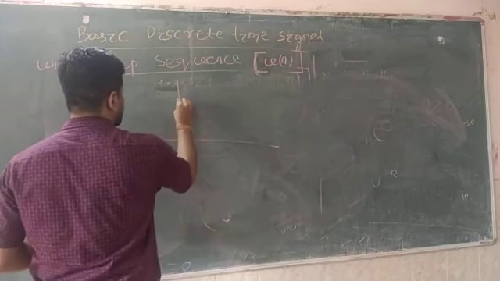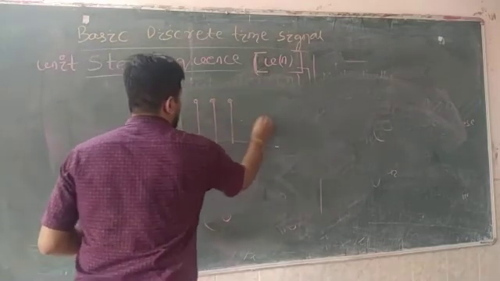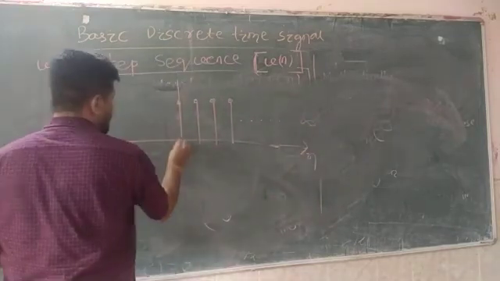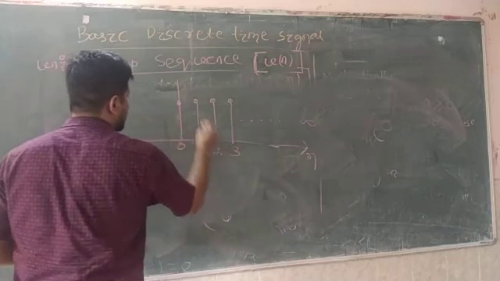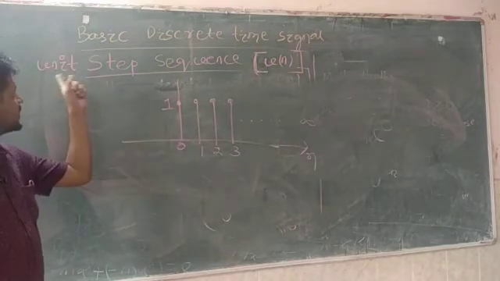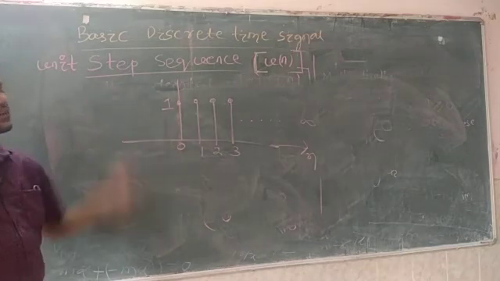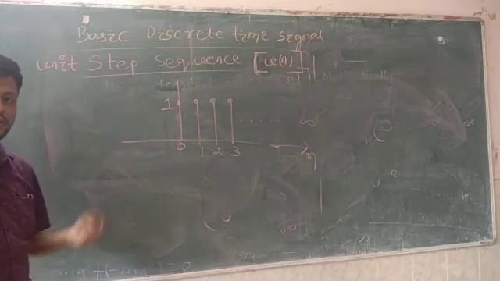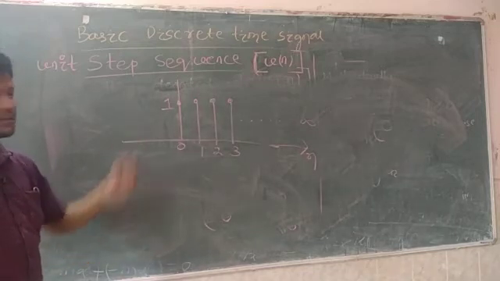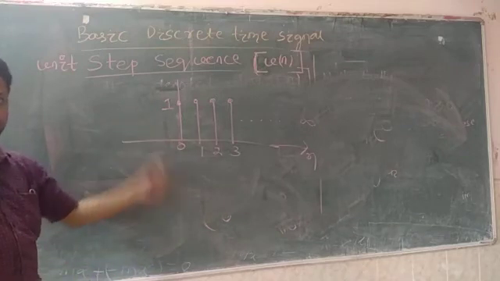So we'll draw like this. Up to infinity. When n is 0, n is equal to 1, n is equal to 2, n is equal to 3, the height is only 1. The moment the height is 1, we say this signal is unit step sequence. When the value of a becomes 1, this is unit step sequence. For example, if a is equal to 2, then that is not a unit step sequence. That is a generalized step sequence or step signal, and for that the height will be 2. And if a is equal to 3, the height will be 3, like that.